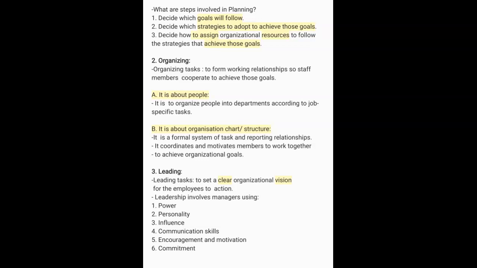Look how easy chapter 1 is. So you decide the goal in order to achieve it. Then you manage the resources in order to direct the strategies towards these goals. This is the planning, easy. Organizing, it is in line with the